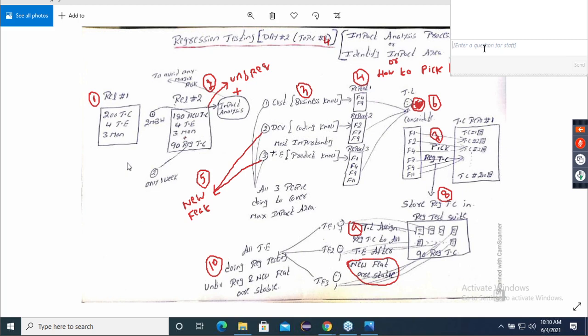To identify the impact area, the customer helps us with the business knowledge, the developer with coding knowledge, and most importantly it is done by the test engineer